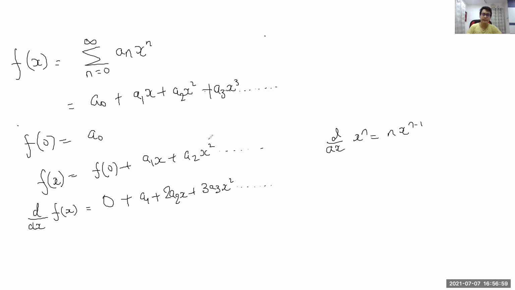Now, if you look at this, it looks quite similar to our expression for f of 0, and we can again put x equal to 0 here, right? So if we put x equal to 0, we get the derivative evaluated at 0. So actually,